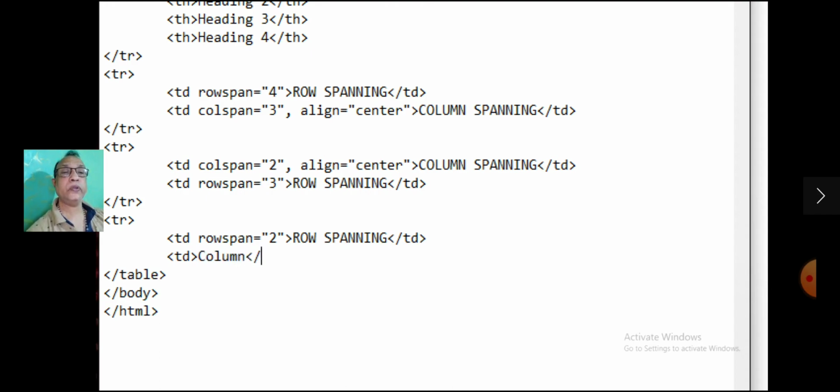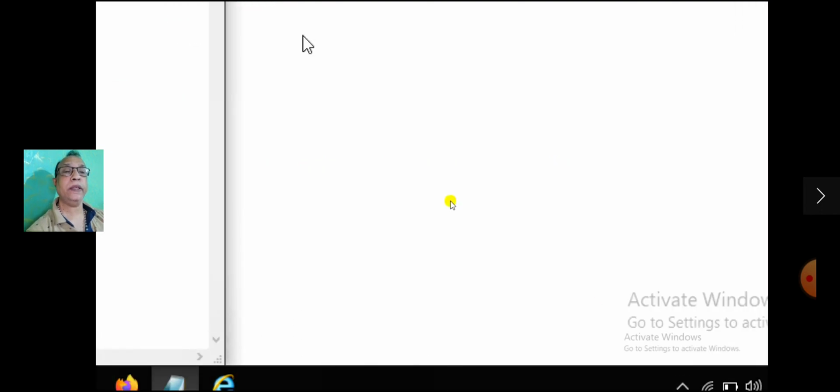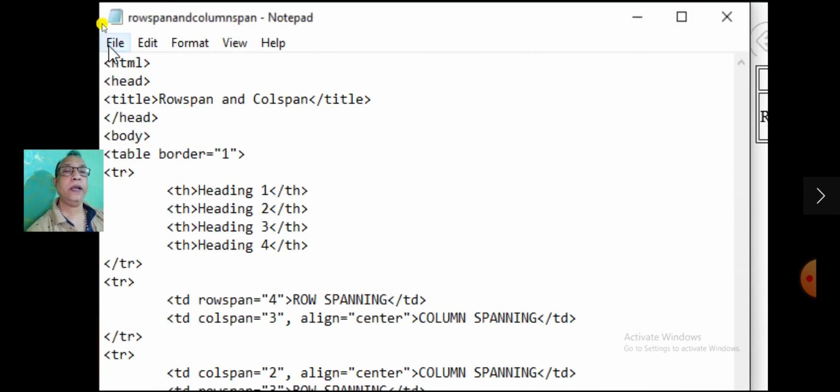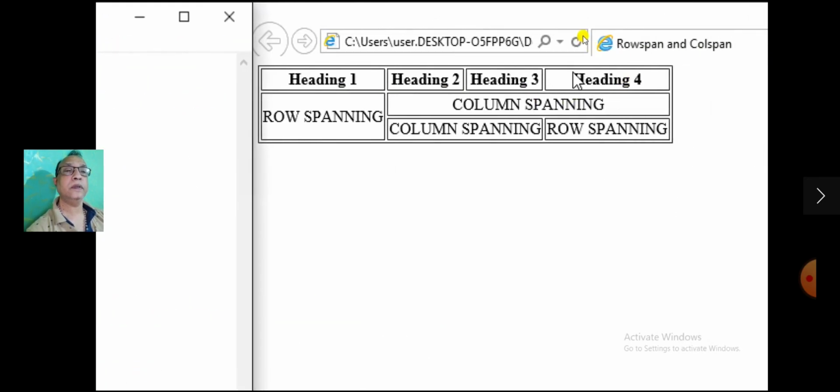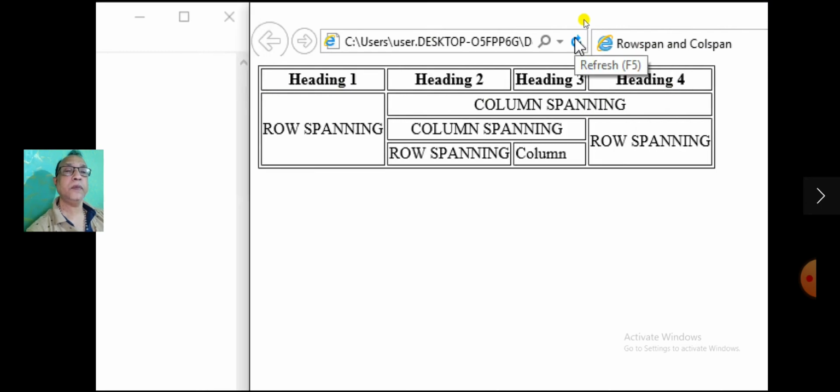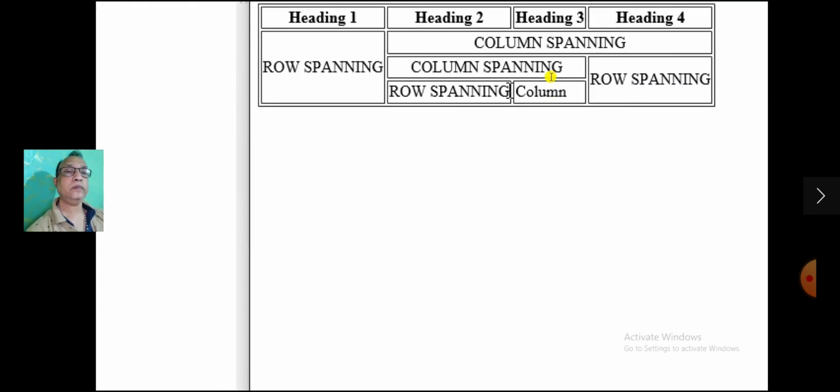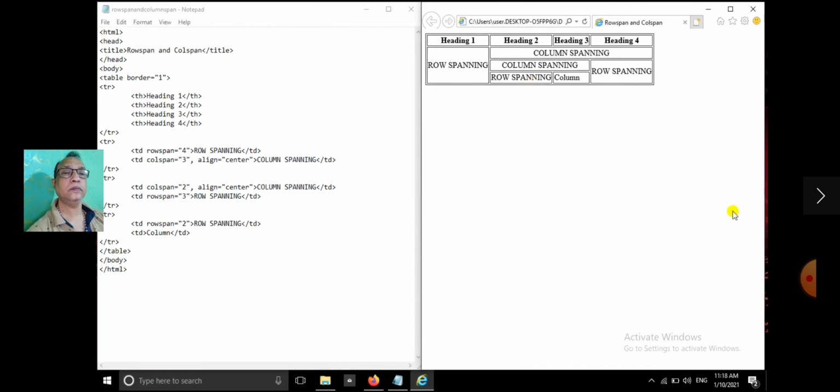For the next row, rowspan is equal to 2. As far as column is concerned, column is not spanning here. Save the file and observe the result. Now write the data for the next row.